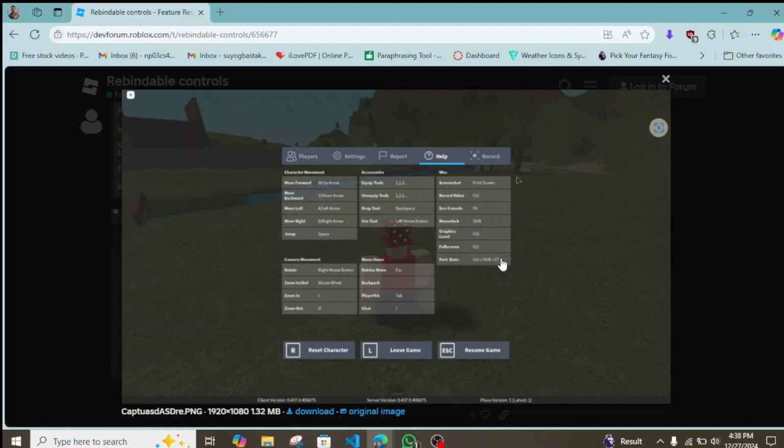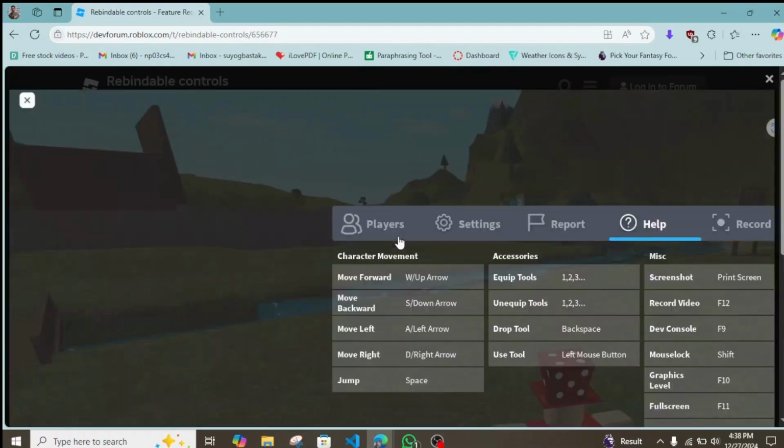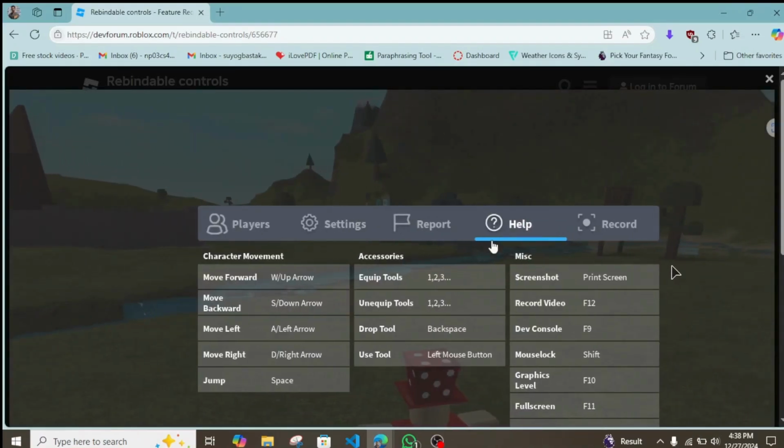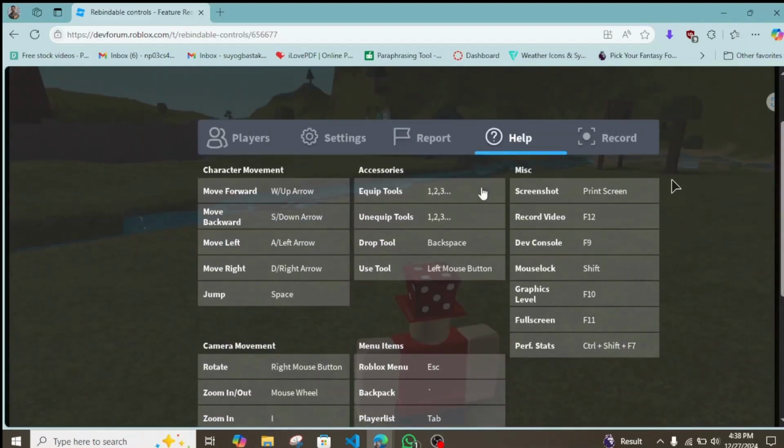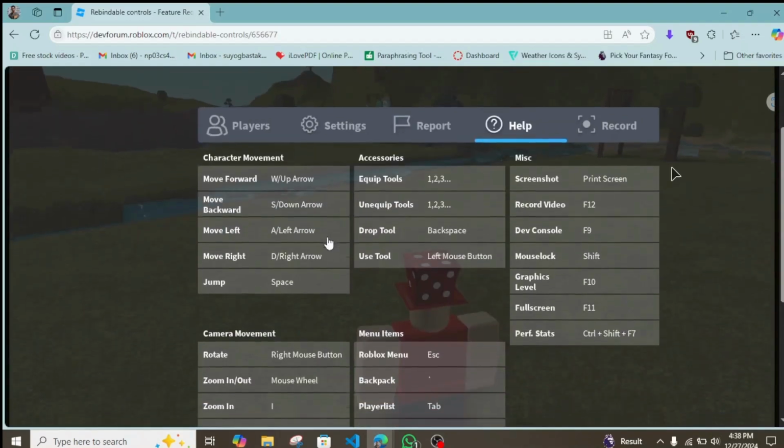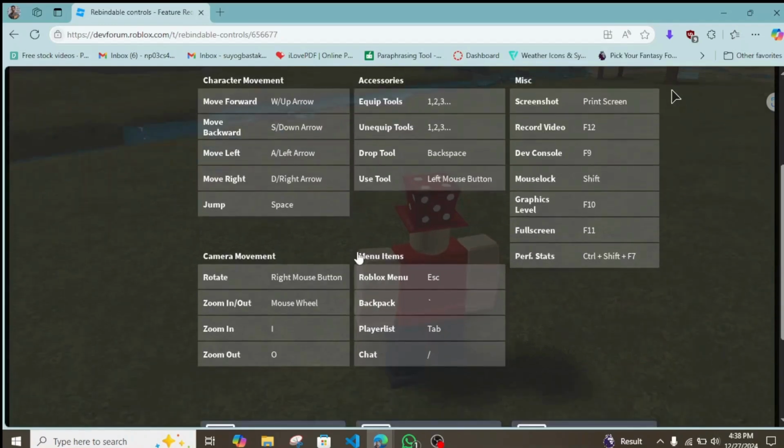First, simply head over to your game. Once you open your game application, you'll need to hit the escape button once you are inside the game. And when you hit the escape button, you will be seeing this interface like here. And as you can see here, you will need to click on the help button over here once you click escape, and you can easily change or customize the control buttons according to your need, just like